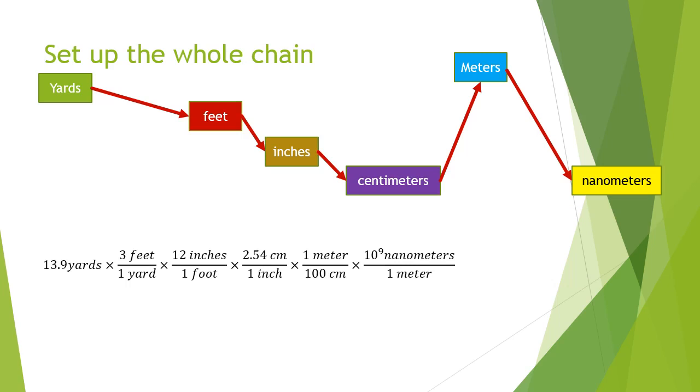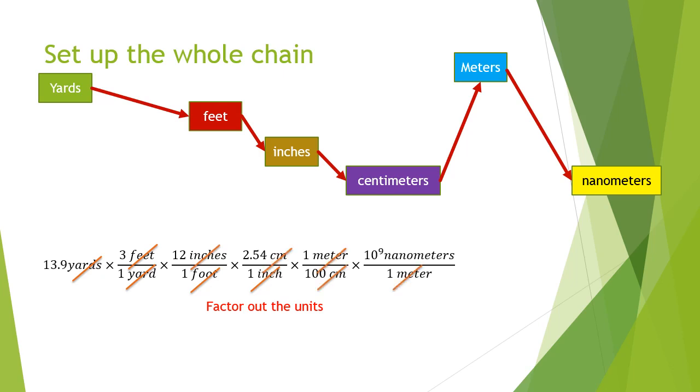Then we go to 2.54 centimeters for every inch, which allows us to cancel inches, then 1 meter for every 100 centimeters, which allows us to cancel centimeters, and then 10 to the 9 nanometers for every 1 meter, which allows us to cancel meters, and we end up in nanometers, which is what we wanted. So when we factor out the units, like I said, canceling out inches, centimeters, meters, meters, and we're